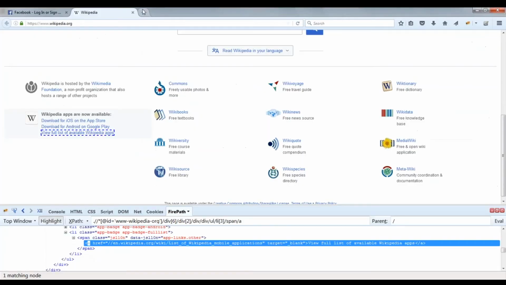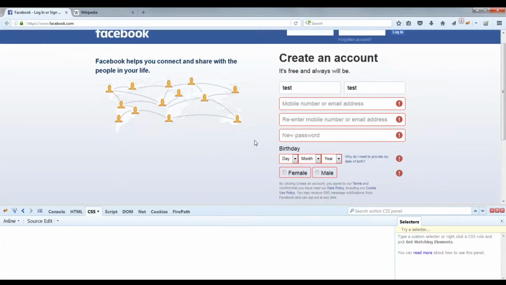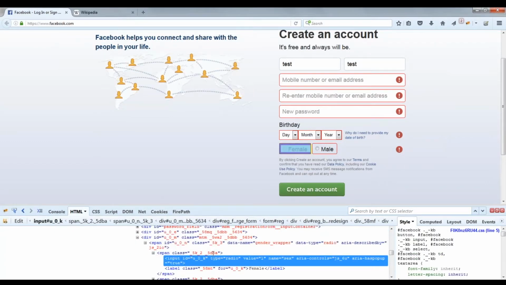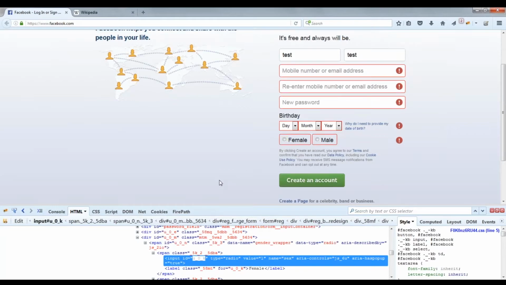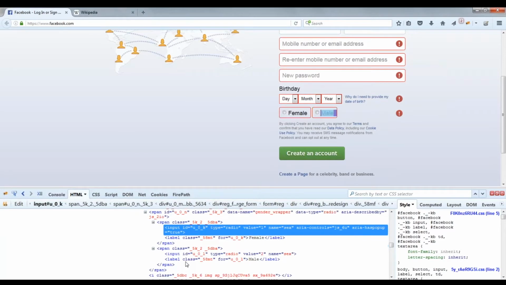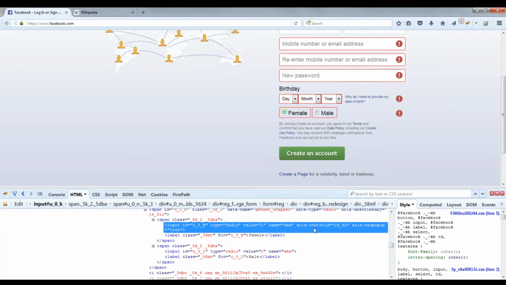In our next session we have to look at these radio buttons, because we have directly gone ahead and clicked on these radio buttons, but that's not the right way of doing it. You can see here every radio button has the same name. It has name as sex for female, as well as name as sex for the male. The values of the radio button will change.